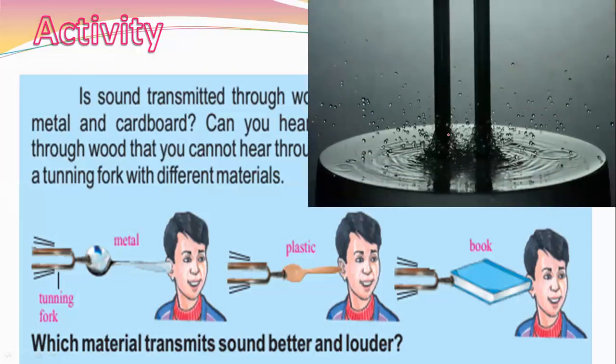So here is an example of the vibrations produced by a tuning fork. These are two free ends of the tuning fork. After striking these free ends with a rubber pad or any material, they make vibrations, and we can feel these wave-like vibrations in the water. So it means they produce vibrations, and by these vibrations we know that when the particles vibrate and move, the sound is produced.